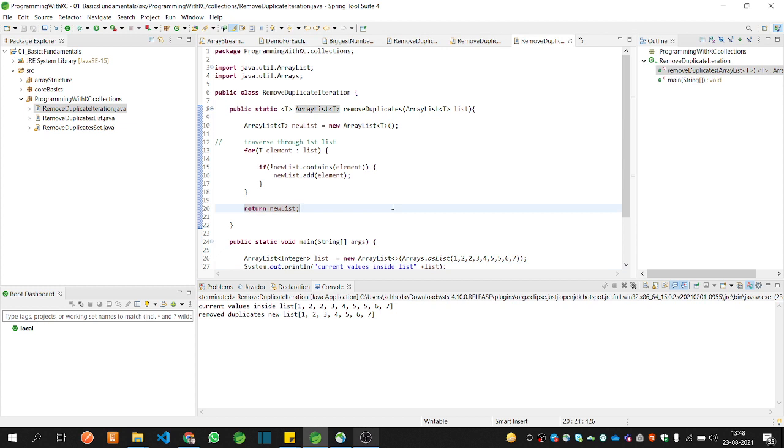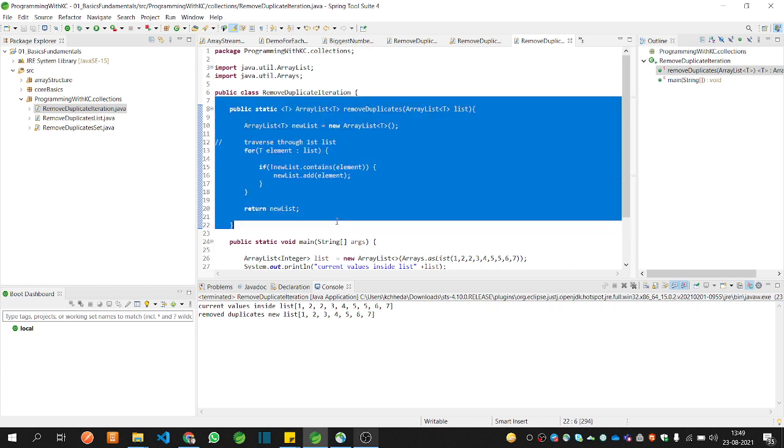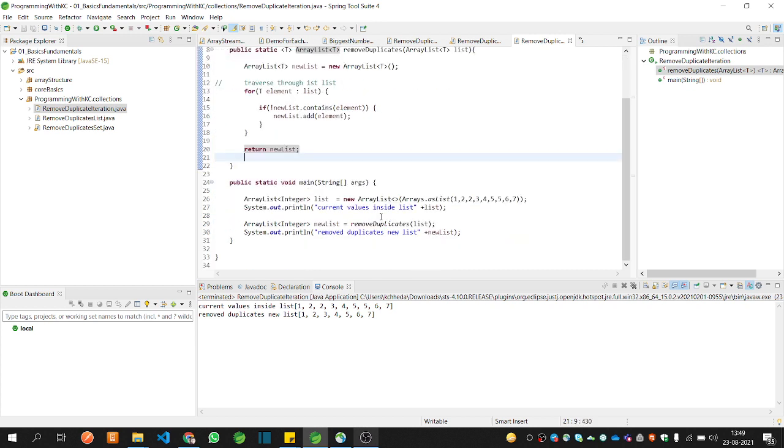So this is the approach basically. So we have seen all three methods: removing duplicates by adding the list elements into the set, using the stream API where we used the distinct method. Using distinct, we can simply collect the distinct values from the list rather than creating one new list or ArrayList, or rather than traversing through the list as we did in this video. But you should know the approaches. That's why I have covered this video also.